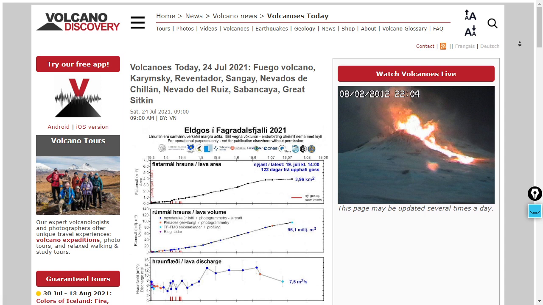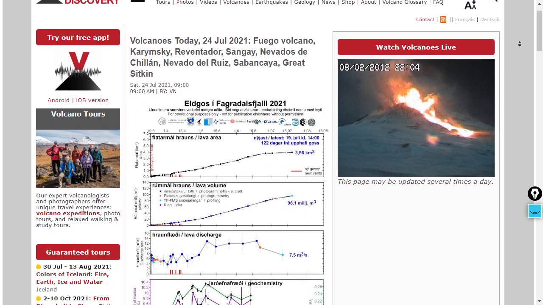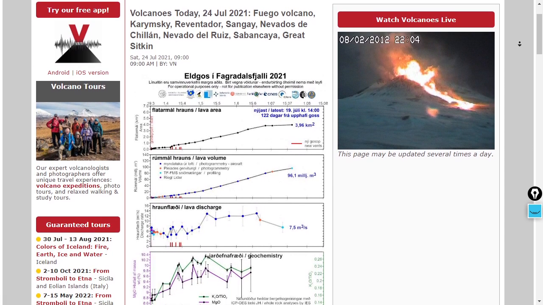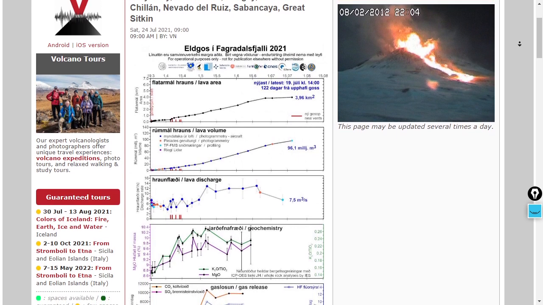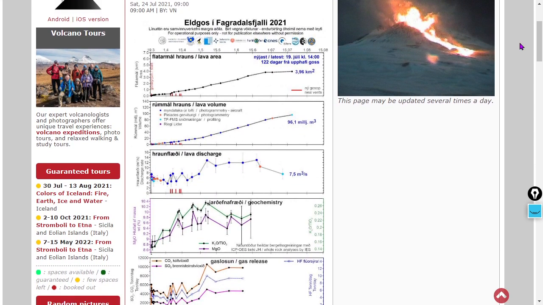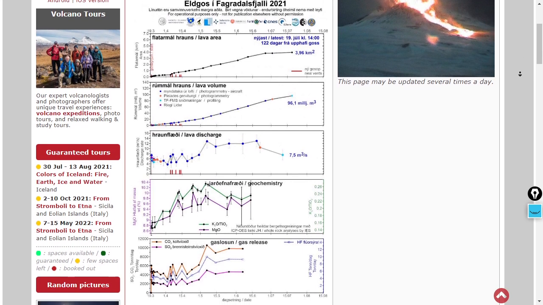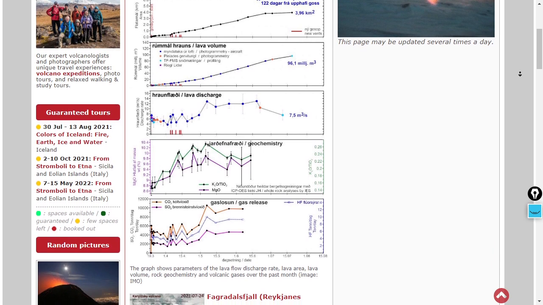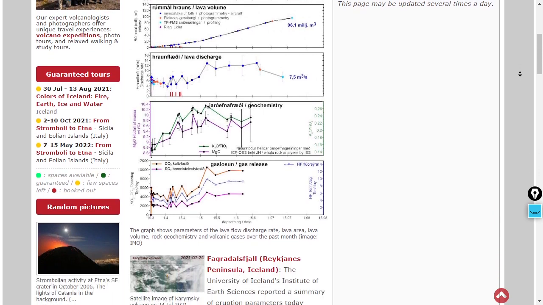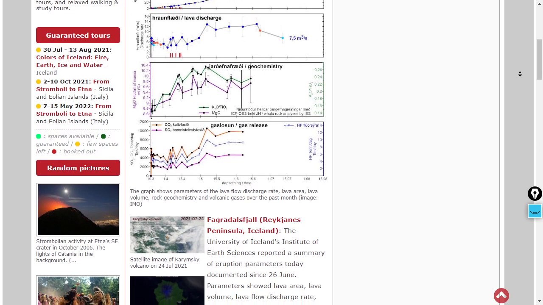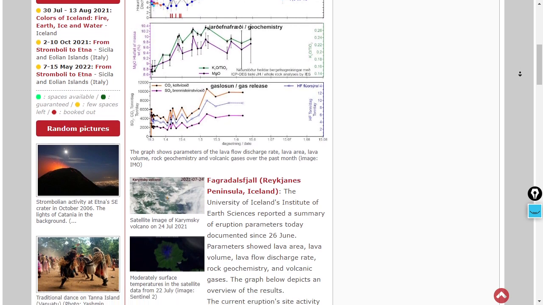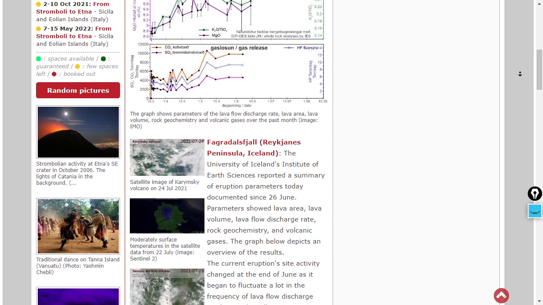Let's look at volcanoes next. Fagradalsfjall now showing up on the list here. Fagradalsfjall looks like it's having a little bit of a lull in its activity here. The lava area increase has sort of leveled off here. The lava discharge has leveled off. In fact, it's gone down. And the gas release has flatlined here, possibly an indication that the most recent eruption, which was fascinating, by the way,